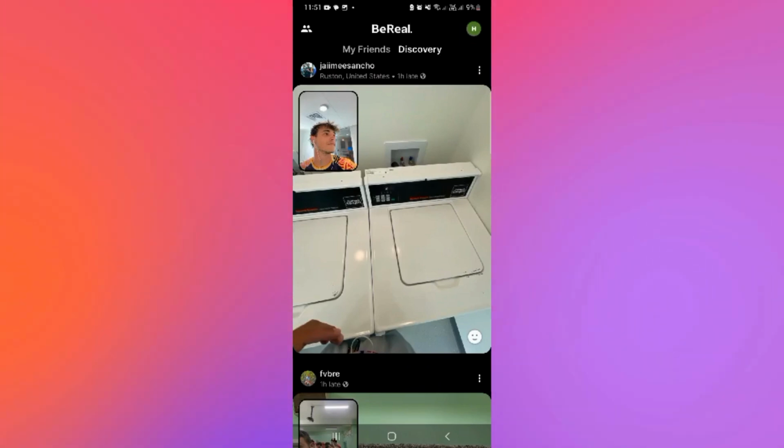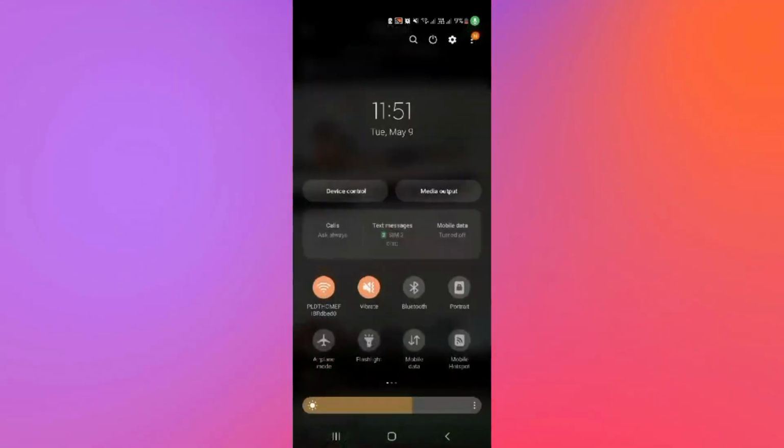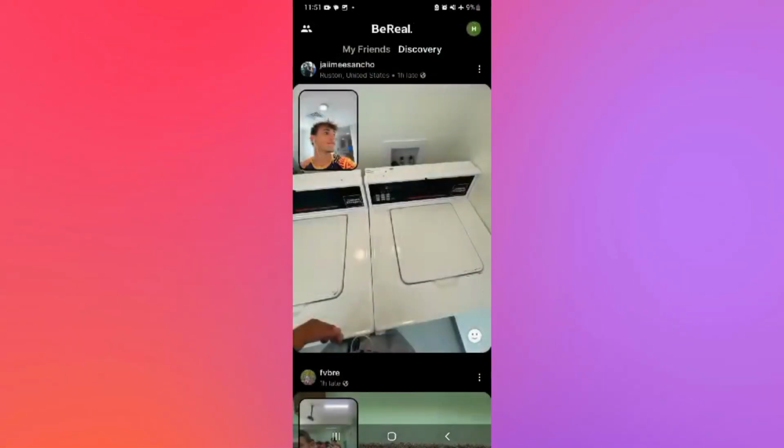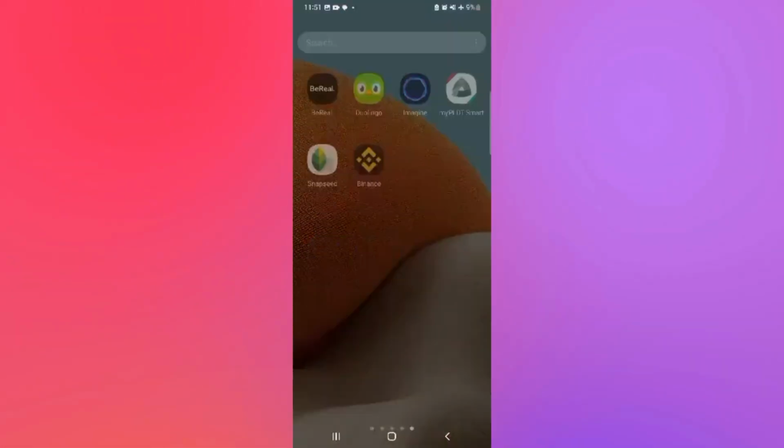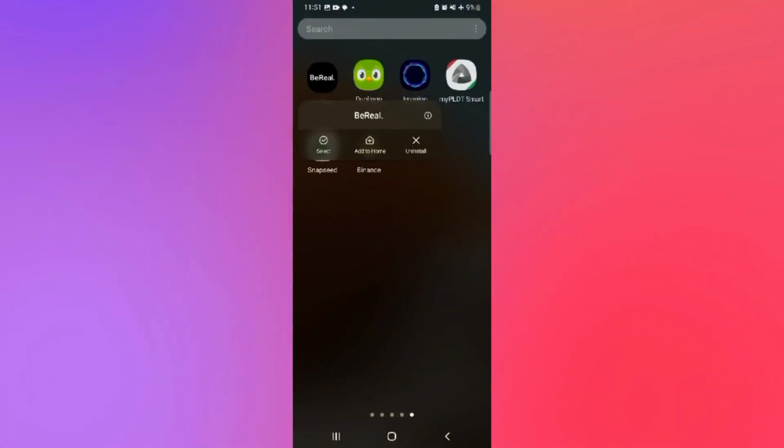Now let's get right into it. First thing that we're going to do is to simply open our Bereal application. Now next is slide down and simply turn your phone into airplane mode. Once you've turned your phone into airplane mode, the next thing that you're going to do is to simply screenshot the person's content. After that, you just need to get out of Bereal, and in here we are going to